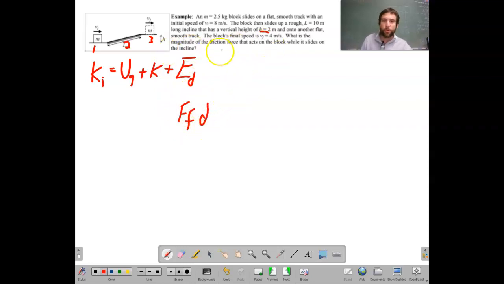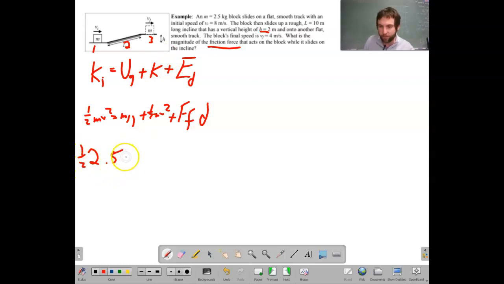Wait a second! That's what the question's asking us for. It's asking us for frictional force. That's it. All we have to do is plug in 1/2 mv squared equals mgy plus 1/2 mv squared, and solve for friction. That's pretty cool. Let's see if we have enough information. Half of m, 2.5, we're going to have to be very careful here. 1/2, 2.5. The initial velocity, use lots of parentheses here, is 8 squared, don't forget the squared, equals,